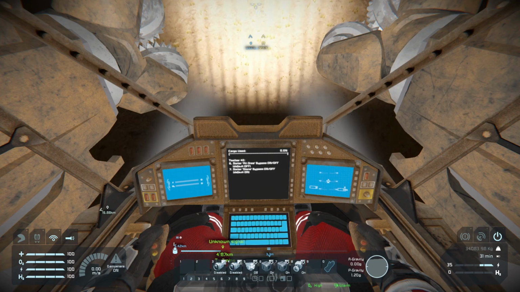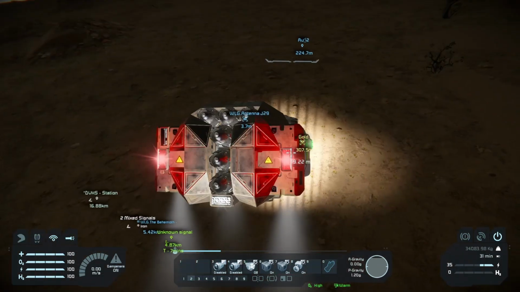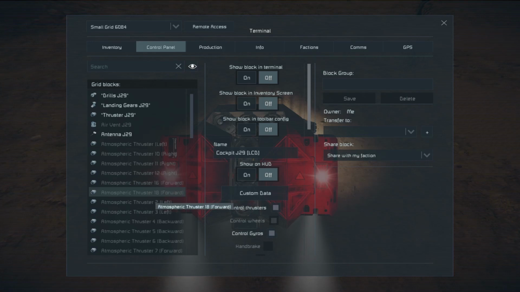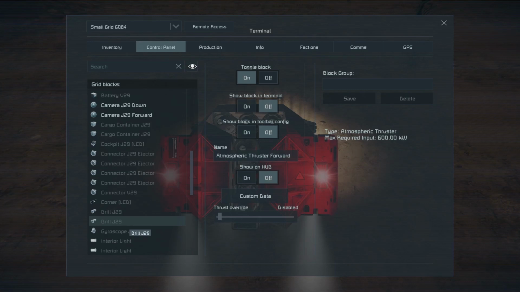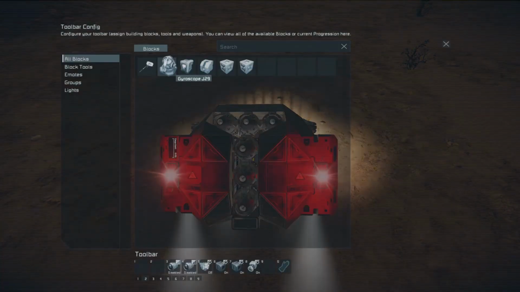I think that's 40, 45. Try and get level. I think that's level. Okay, that's alright. It's okay. And yeah, so we're going for that. Then we can take you off there and put the gyroscope on there, and we want